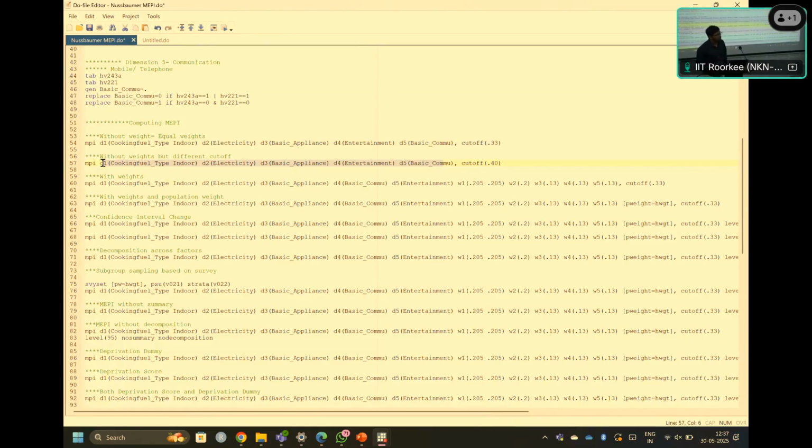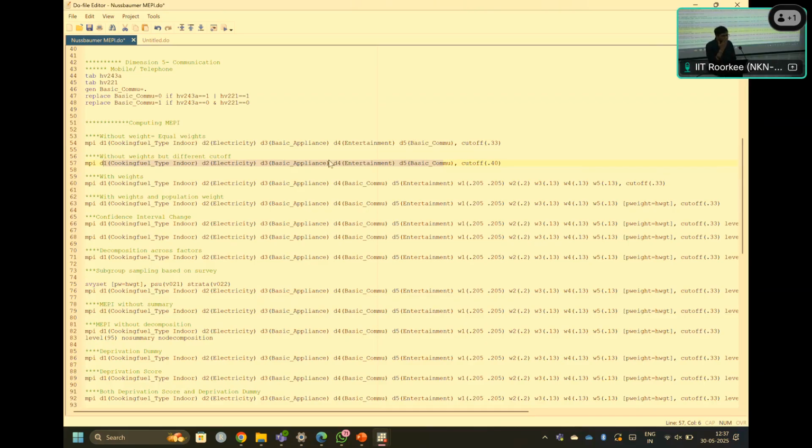My concern is not about the weight right now. My concern is, if I change the K cutoff to 0.33 without the weight, then only I can check on the same data set whether there is any difference or similarity. The result contribution is the same. That I am making because in the first case we are taking 0.33, but in the second case we are taking 0.4. The rest are the same. We are only changing the line. So when we don't assign a weight in this command, it takes equal weights for each dimension. So it is equal weight.